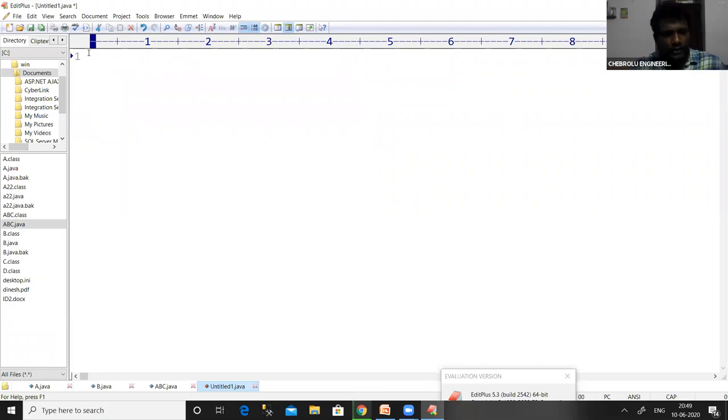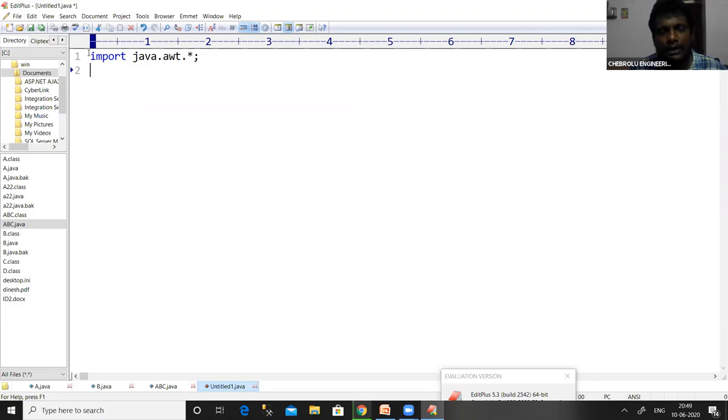If we are dealing with the abstract window toolkit, we need to import a package called java.awt.star. So import java.awt.star.